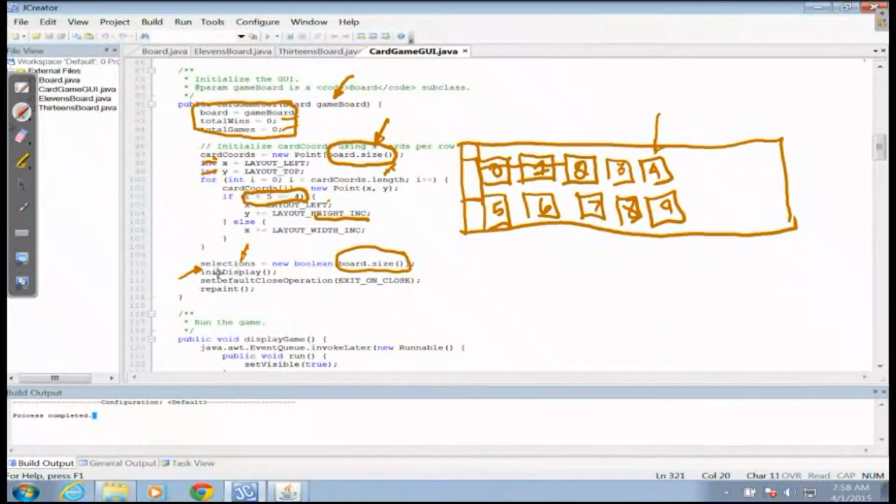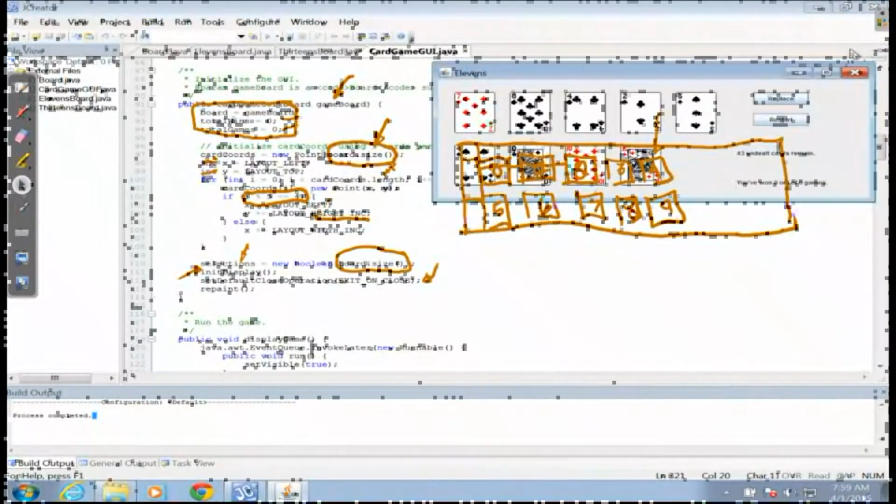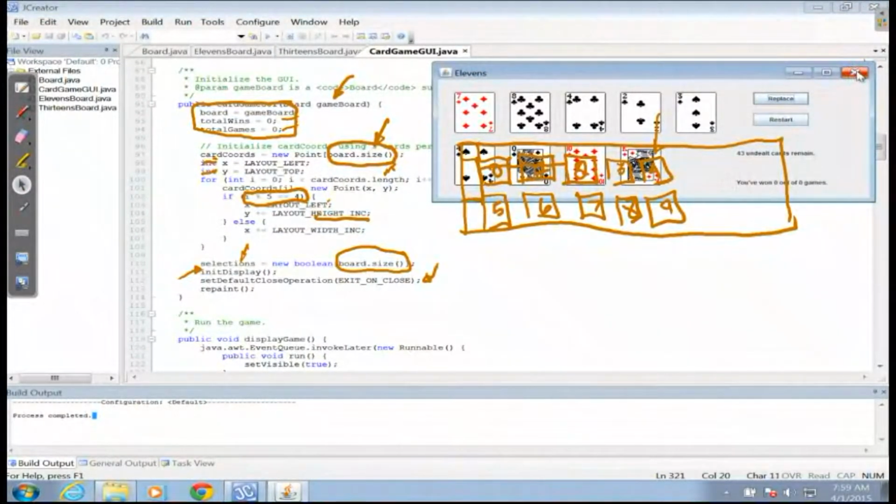And then we've got a couple of other things here. I've got init display, and this needs to be called the first time that a frame is created. And we're actually going to talk more about this after AP. We're going to be doing a unit on GUIs to kind of explain what's going on. We also have this set default close operation, because when I have this, and let me get my GUI back up, whenever I click on the X button,